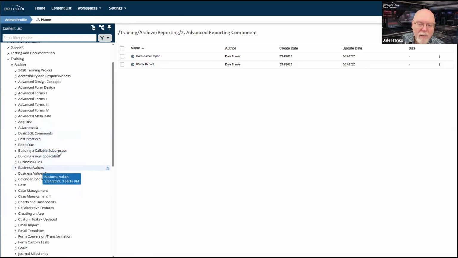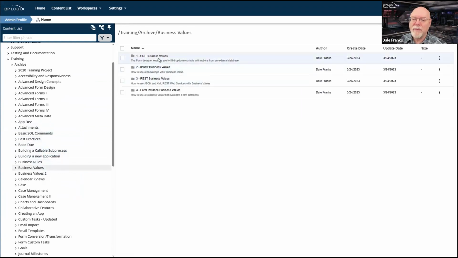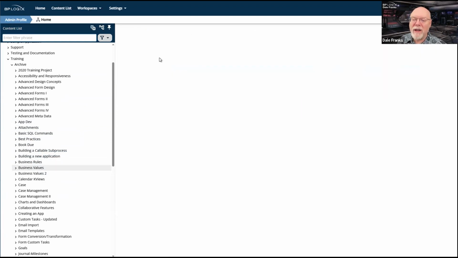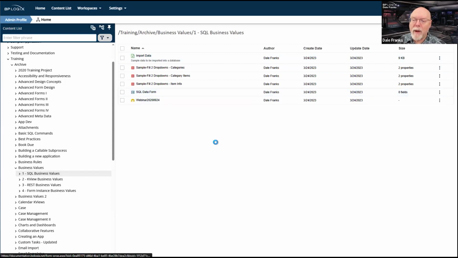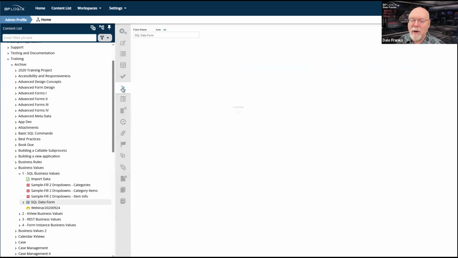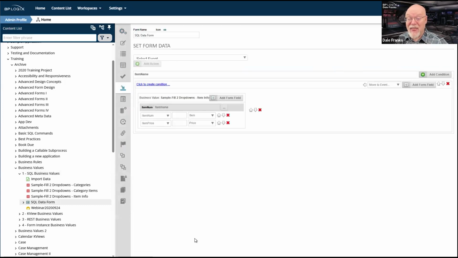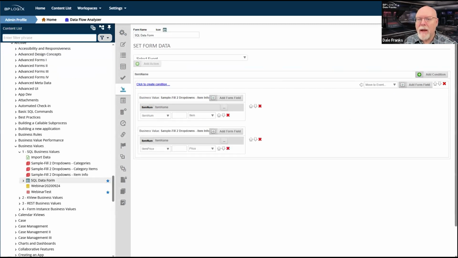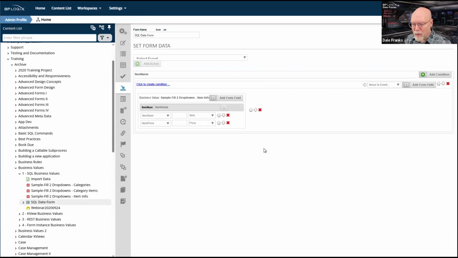So let me go back here to business values. And we'll go back here and we'll look at the same form. And I believe this should be the fixed version on here. So when I go to set form data, I should see that as opposed to this. So what is happening here as opposed to here, which is what we're supposed to see, is that there was